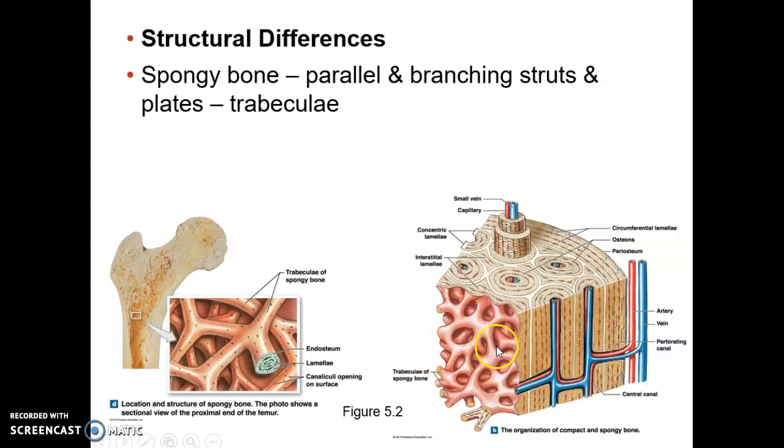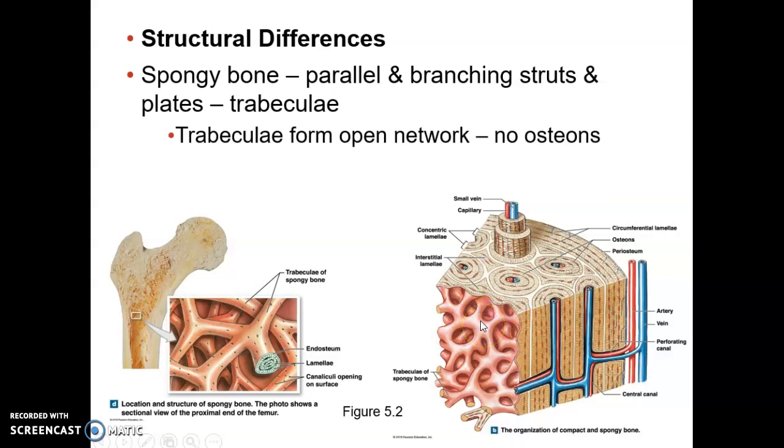And the structural components of spongy bone are referred to as trabeculae. There's no osteon structure within spongy bone. It's just the trabeculae that supply the strength of spongy bone. And the spaces are filled with red bone marrow in the enlarged epiphyses of bone,